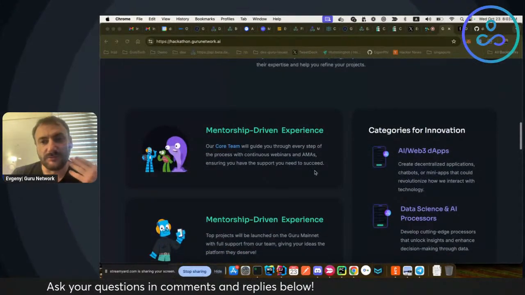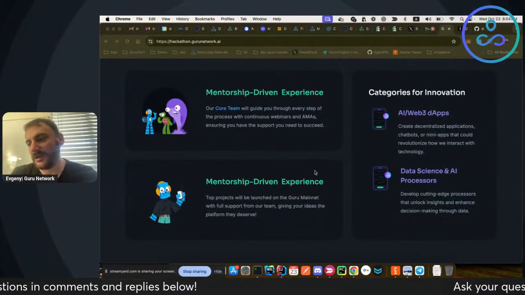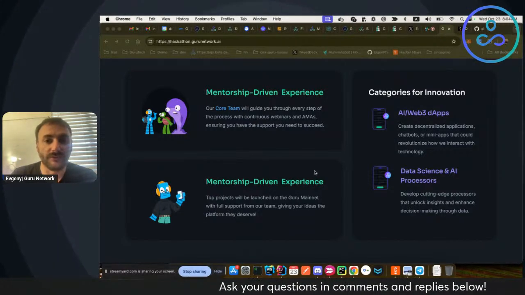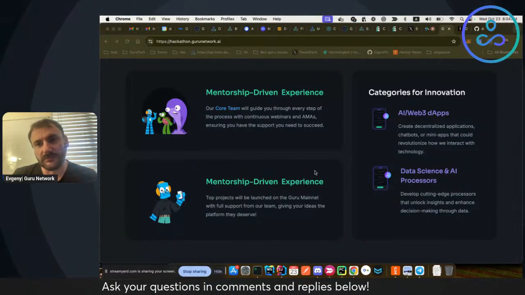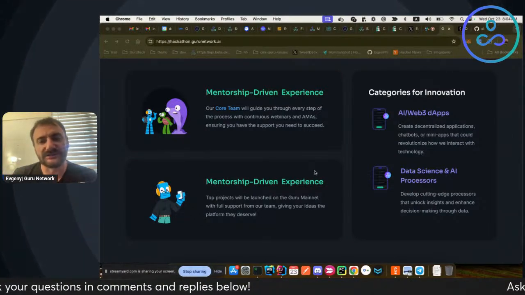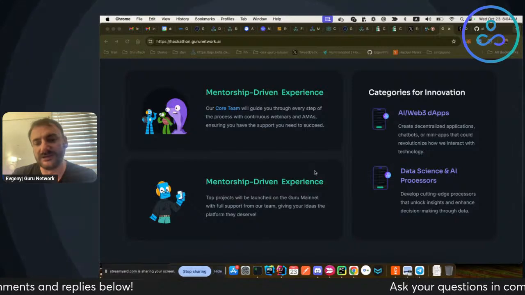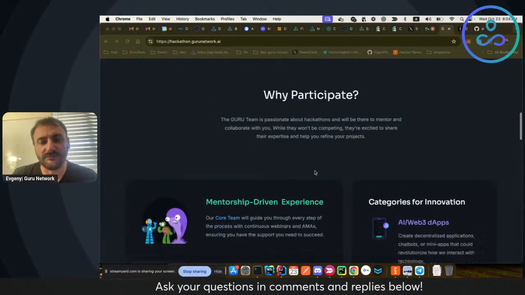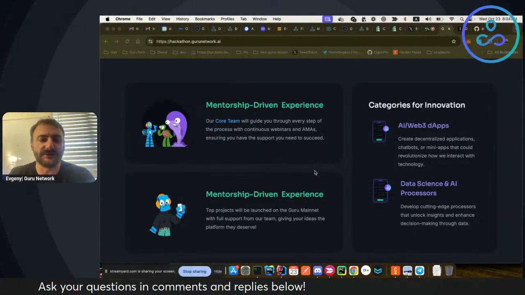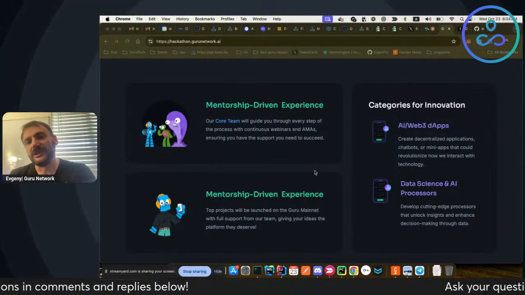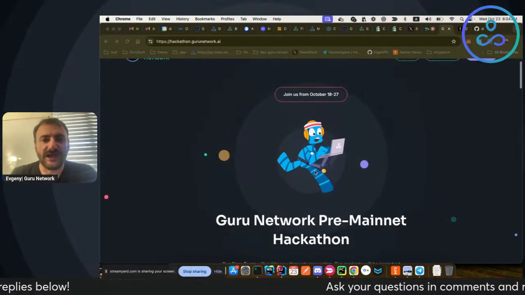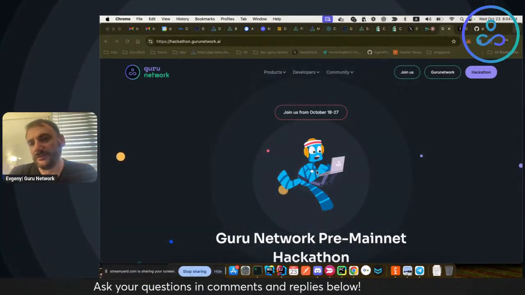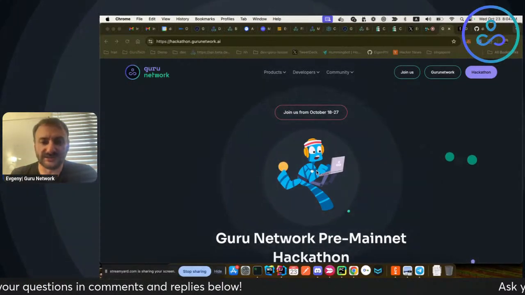One of the main purposes of this hackathon is to polish the experience for everyone using the Guru framework, to show us the pain points which people have in there, as well as what we need to do better, so it's a better experience building the apps, building the AI processors, building all those different ideas you guys have for it, and we have as well. That's the first one. The second one is to see more use cases for it,